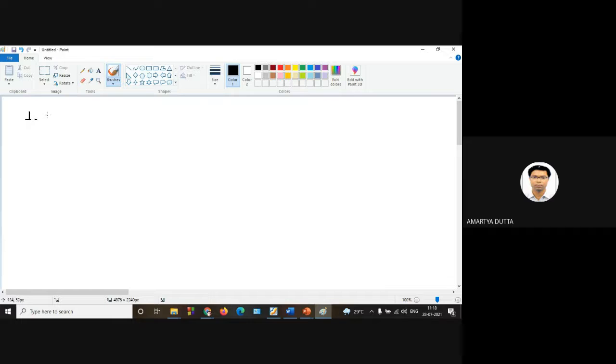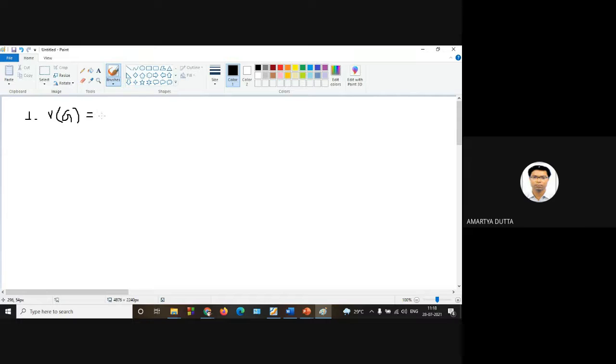First of all, any program is given. This program may be written in C, Java, or C++. So first of all, you have to find out the control flow graph, that is the CFG, of the given program. Then for that CFG, your cyclomatic complexity